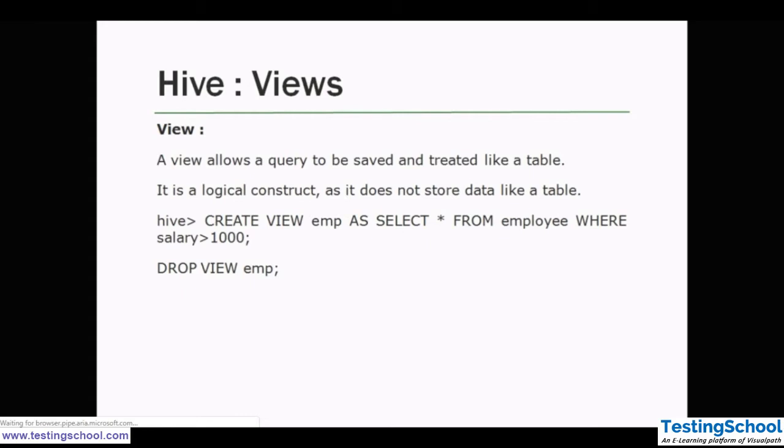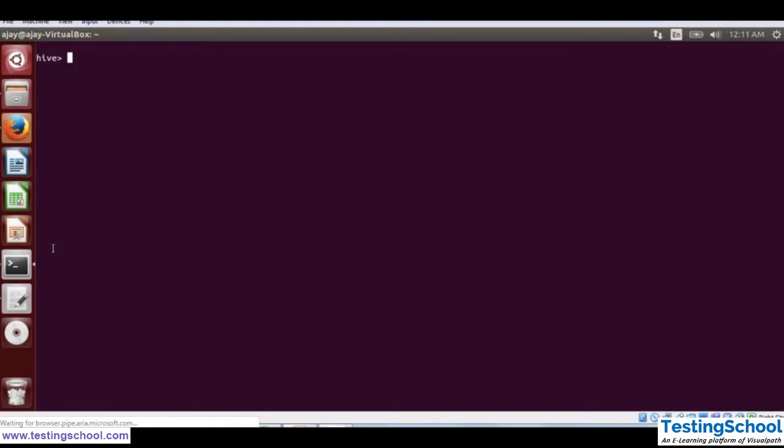So let's start with how you can create views in the Hive terminal. This is my Hive terminal. On this terminal we can create our Hive views. Let's first verify how we use a database, and then in that particular database we will create our views. Let's see how we can use a particular database. Let's say use and then the database name. Let's say I'm using testing 10. This is my database in which I have all the queries available. So I have used the testing 10 database.